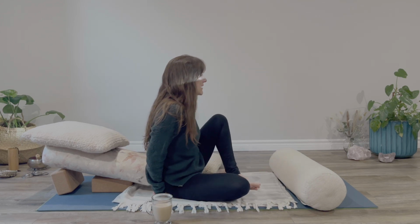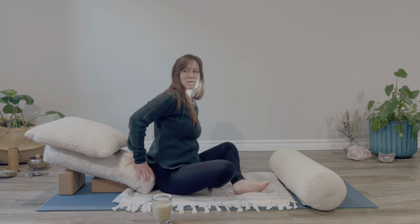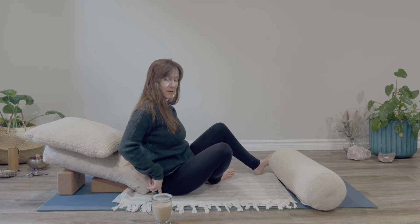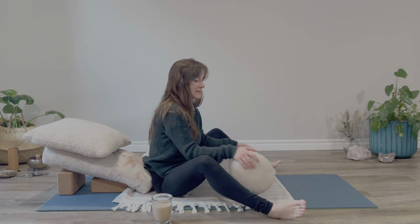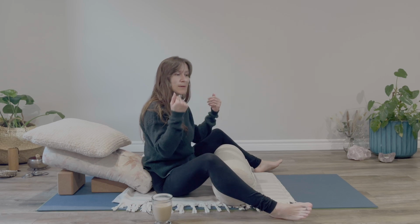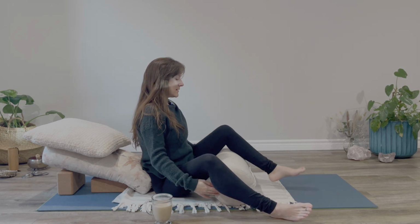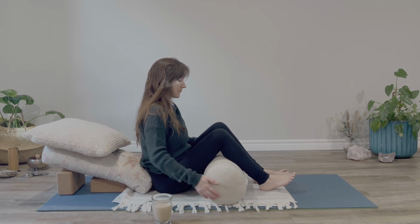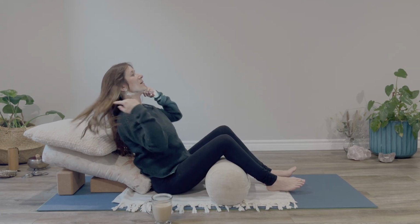And then we come right up in front of the cushion. So you're sitting right in front, low back touching, but the bum is on the mat. You might have a blanket to tuck yourself in here, an eye pillow to cover the eyes, or like a scarf or something like that. And begin by taking your legs over your cushion. Good. So once you feel settled with your props, then you can lay back,